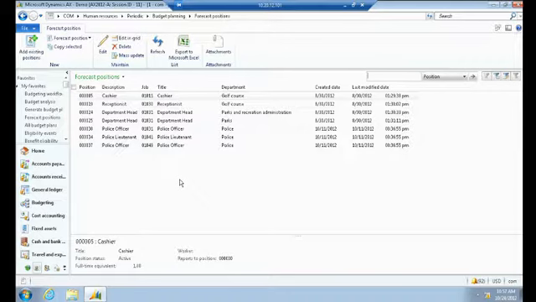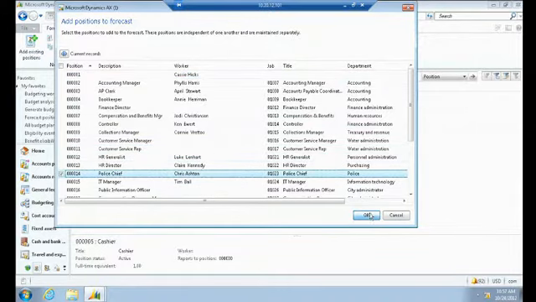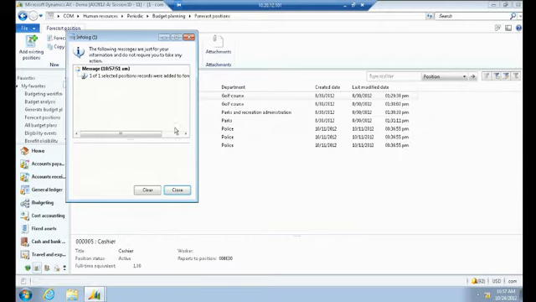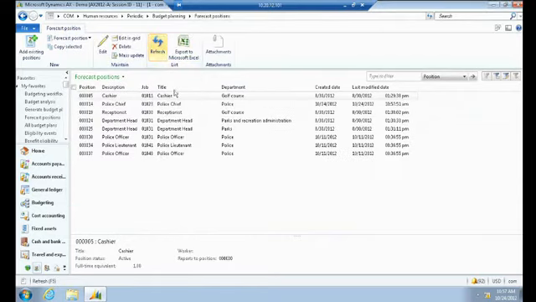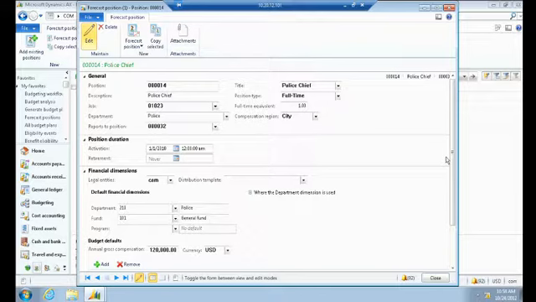I've already imported 3 of the 4 members of the police department in this case. So let me just go and add Chris Ashton, because he's the only one that's missing so far. Again, the police chief. And he was added to the forecast position sandbox. And as you can see here, this pulls in some important information that Brad will need to use in